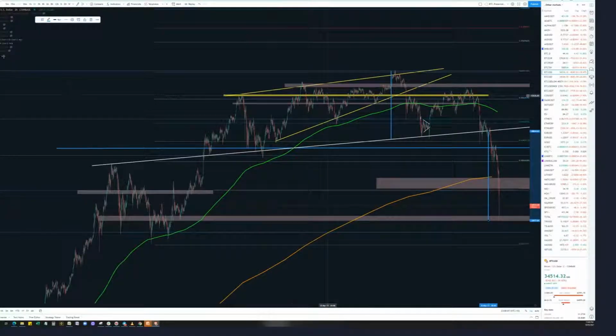Where's the head and where's the shoulders? That's the left shoulder. Let me just change that color. I should have put that on my last video, but I didn't get the chance. The thought came to me later. That's the left. This is the head. Yep, it's a square shape, but that is. And this is the right shoulder. A complex formation, but I think knowing that this is the neckline